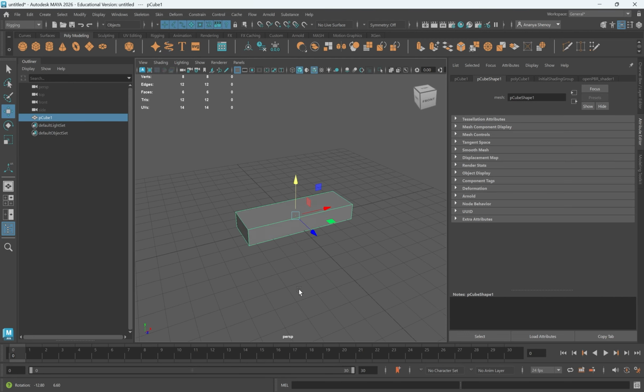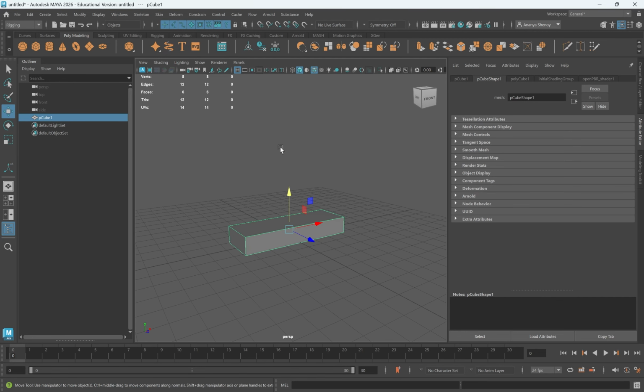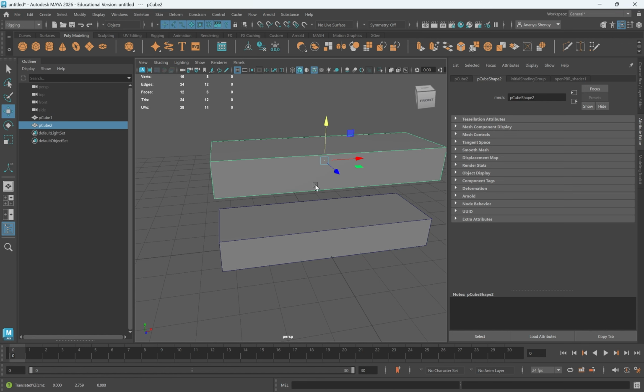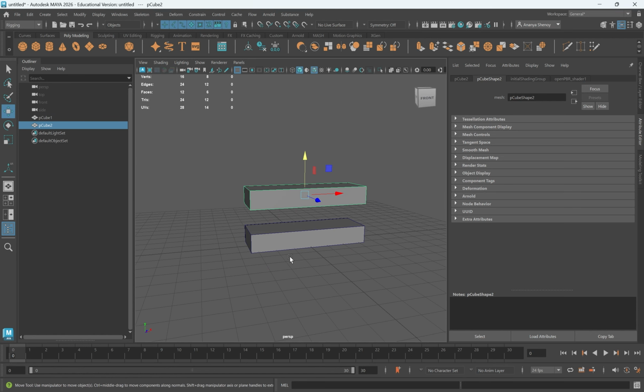In this video, we are going to learn about instancing and how to create multiple copies of an object really quickly. When you try to copy an object in Maya, what you would do is hit Control D for duplicate, and then you have a second copy of your object. You can see it in the outliner, and you can move this up, and it's exactly the same as your